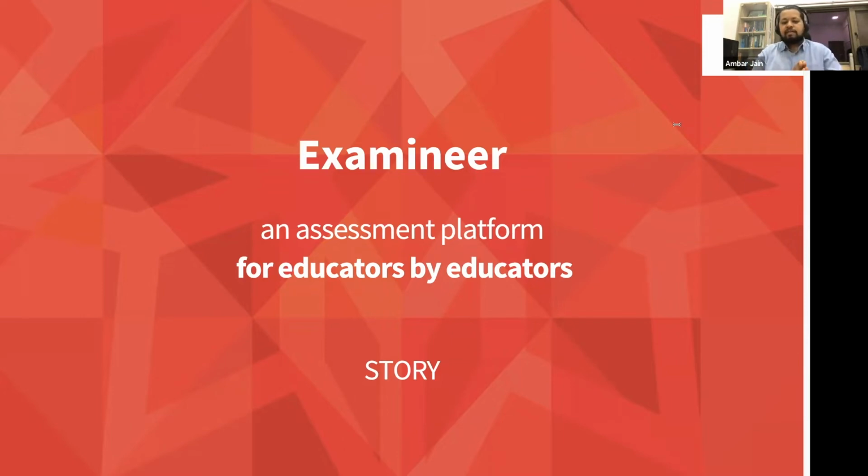So how we generate examinations or assessments for students so that each one of them gets a different question paper, so that they cannot really copy from each other and they're forced to do honest work by themselves. So this is where Examiner started, and that's why we started building this software. That was my inspiration.